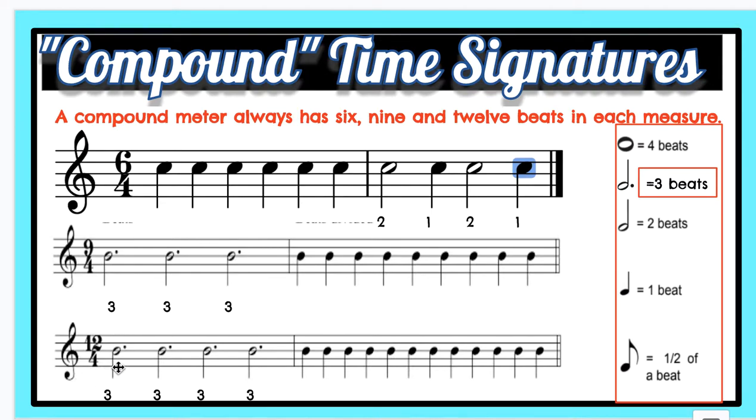Let's see if we have 12 beats in all. In the first part of my rhythm, I've decided to use the dotted minim or dotted half notes. So 3 plus 3 plus 3 plus 3 equals 12. And in the second part of my measure, I've decided to